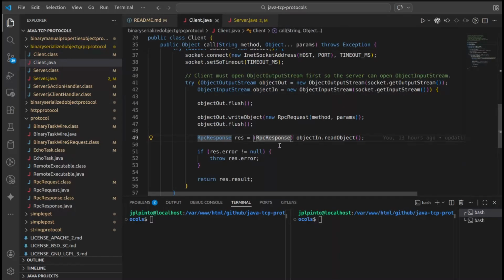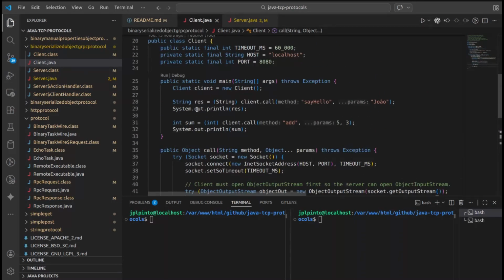Very simple. In here we are reading the object and putting it into this variable, and if there is no error, then we are returning the corresponding results, where this returns a string, this will return an int. So we are casting the results to the corresponding types, and then we are printing the corresponding results